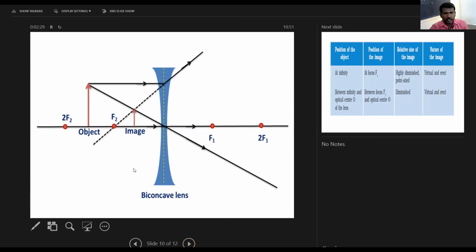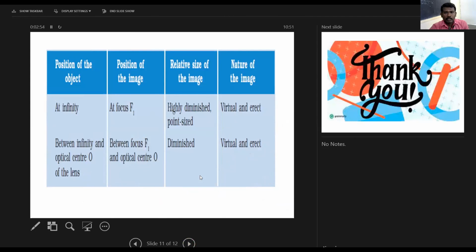For all other cases, the image is formed as follows. Students, note this is one of the important questions, 1 mark. The image will be formed for all the cases in the concave lens in between the optical center and the principal focus, except when the object is located at infinite distance. This is also a tabular column in your textbook. For all the cases, we are getting a diminished size image, and the nature is virtual and erected.